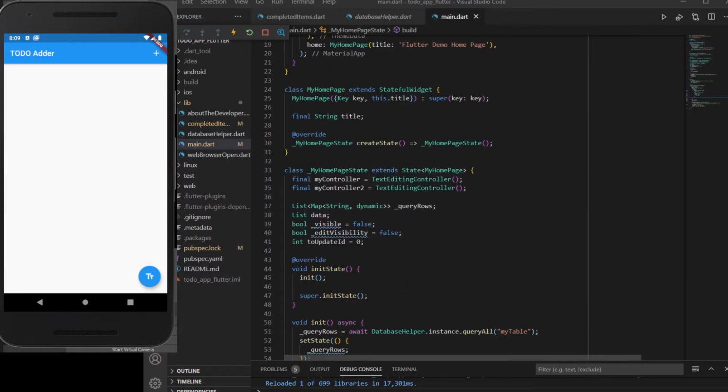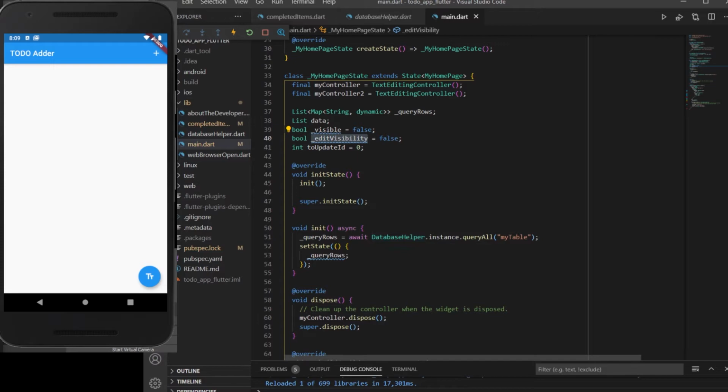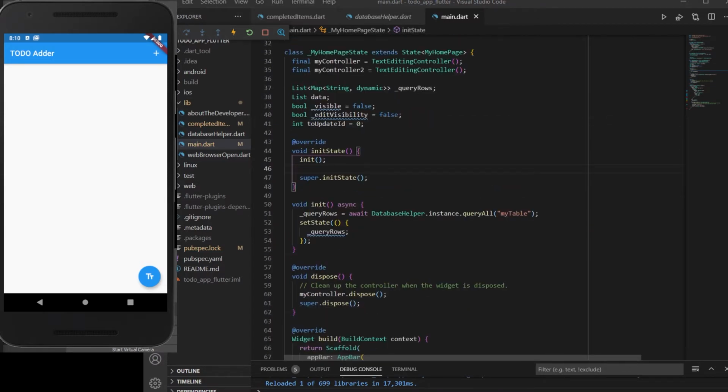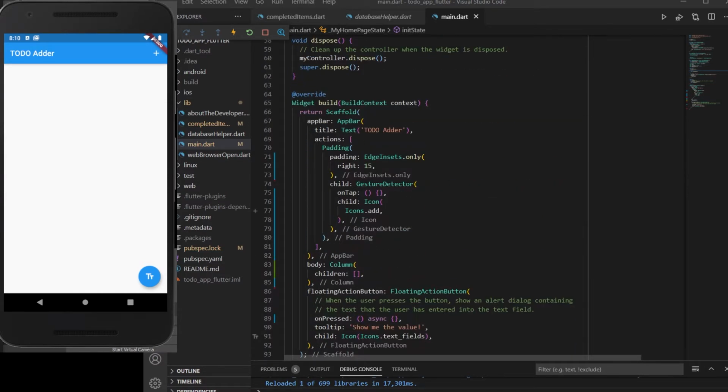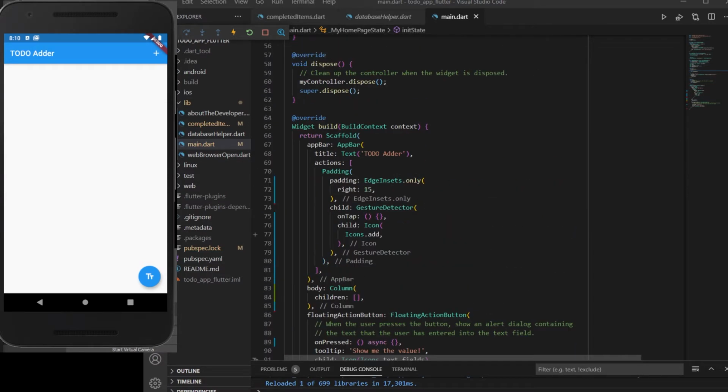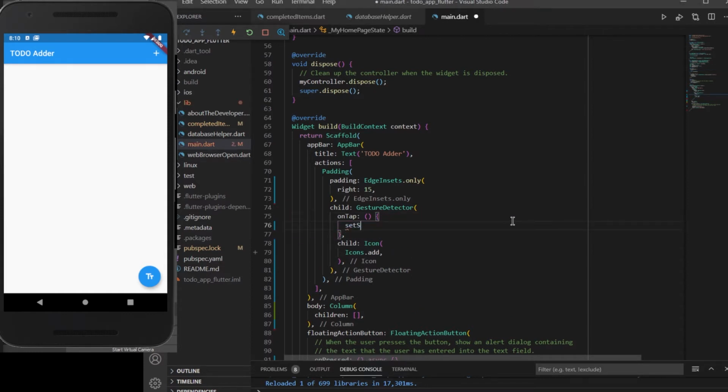So we have two different variables for changing the visibility of the text field, for adding a new item inside our to-do app, and we have one more variable which is named edit visibility. So it will be changing the visibility of the edit text field. So we have these two variables initialized inside our application. So let me alter the values of these visibilities when this particular button is being clicked. So here inside this gesture detector, what I'll do is I'll add set state,